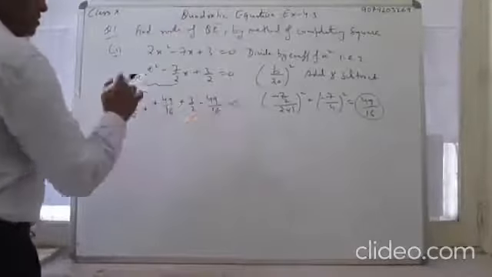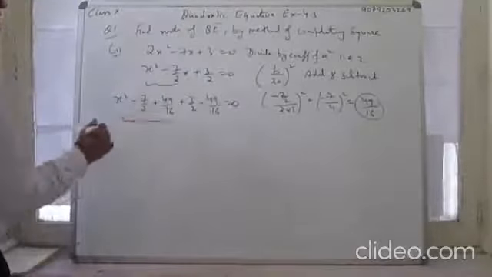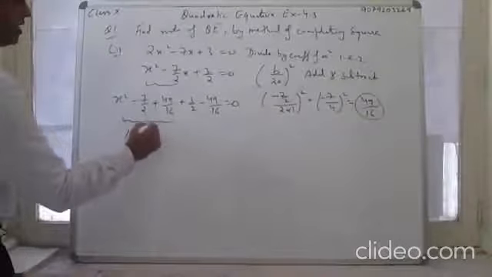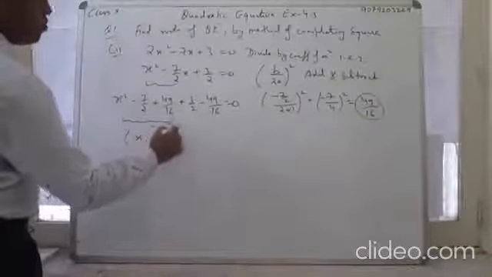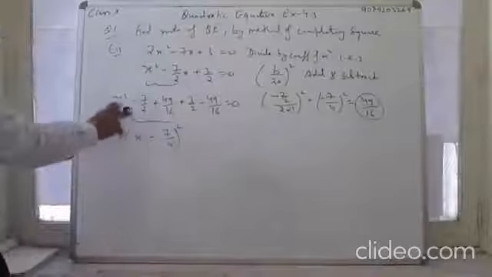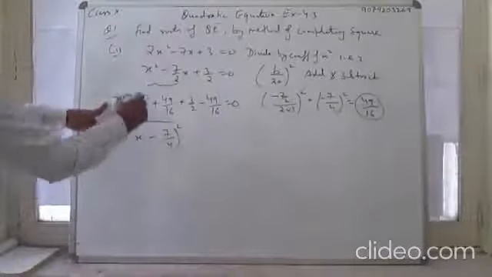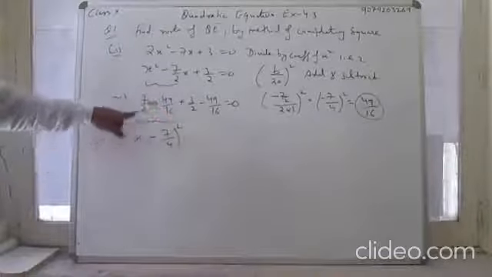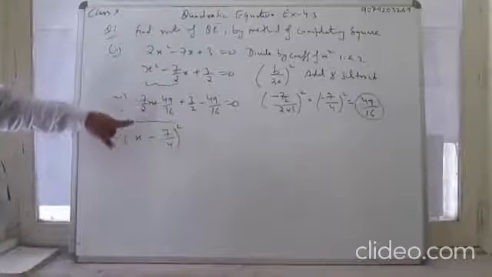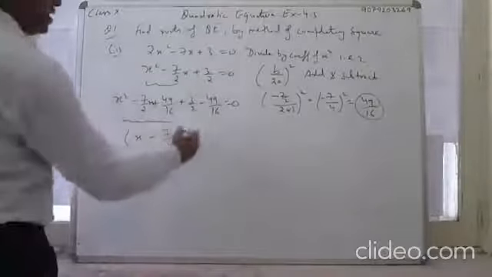एक बार ऐड कर दिया, एक बार सब्ट्रैक्ट कर दिया. Now see here, from here to here it becomes (x minus 7 upon 4) whole square. If you expand it again, you will get this 2x. 2x, 2a भी करेंगे तो क्या आ जाएगा? minus 7 upon 2x. Now take LCM.